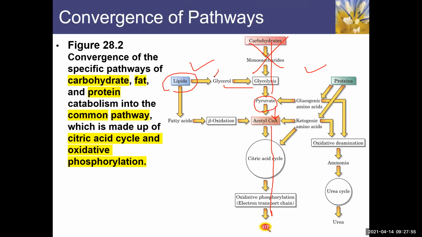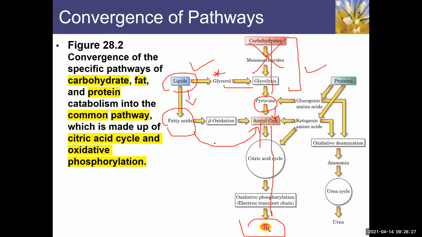So this we'll discuss now, and after this we will discuss that even fatty acids which we produce from the lipids can also form acetyl CoA, which is an intermediate of the aerobic respiration, and that can be used to produce ATP. So we are not only dependent on the carbohydrates for the source of energy. We can also use lipids,